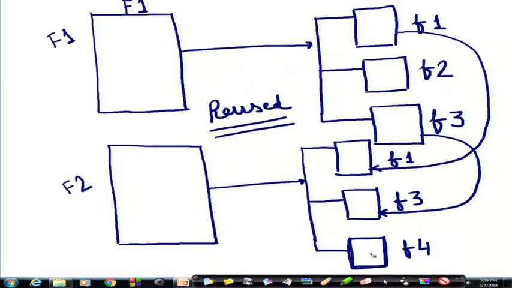What do I mean by connecting them together? Let us try to understand that.